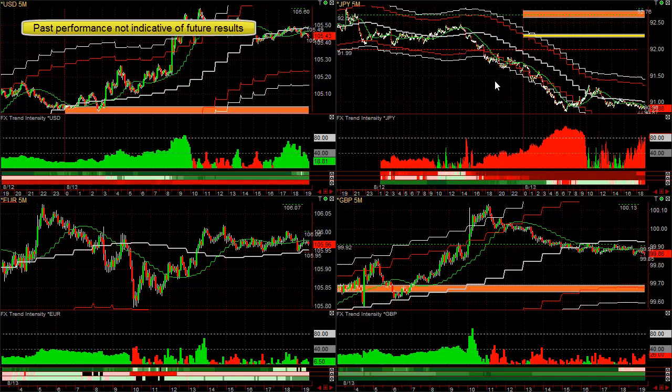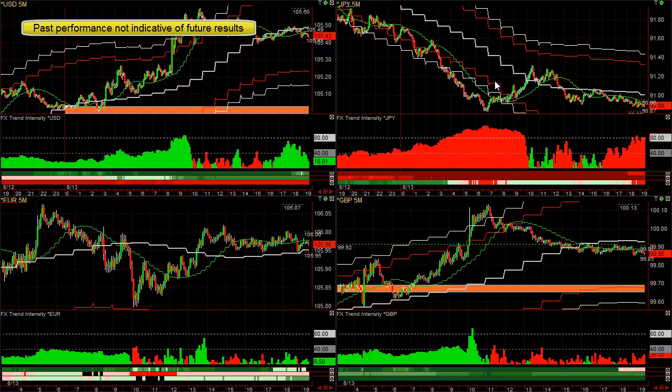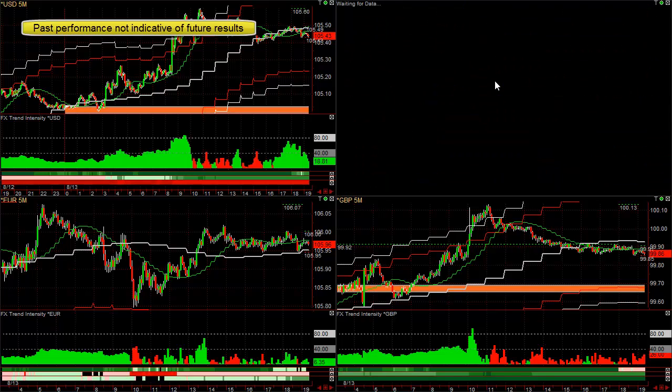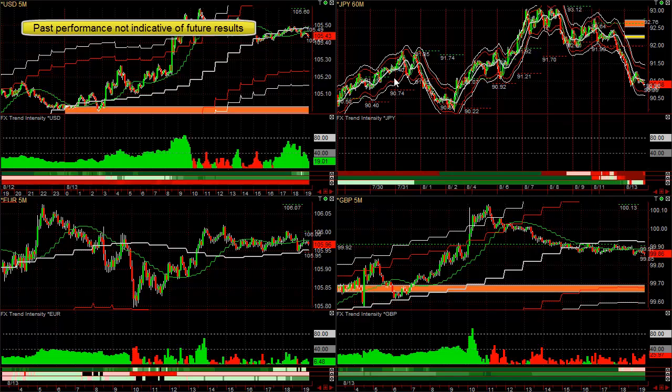So these currency indexes can be used on multiple time frames. You have a 5-minute chart here. If you want to see an hourly chart of the yen, see what the longer term trend is, you can put that on there. You can see the yen was trending up. It had trouble getting back to the highs, broke a 2.5-day low right here,